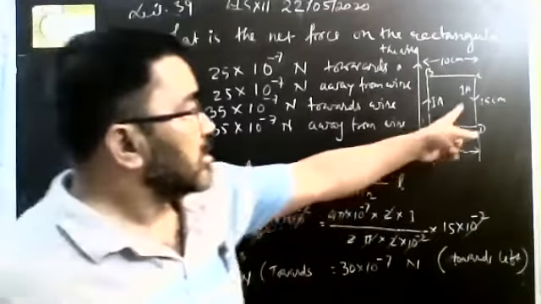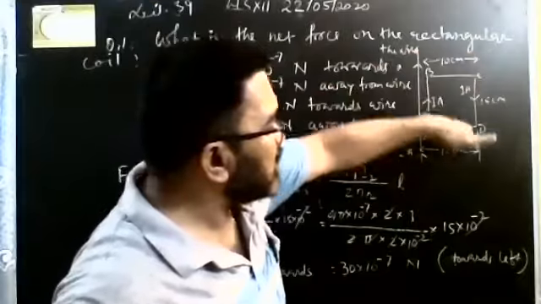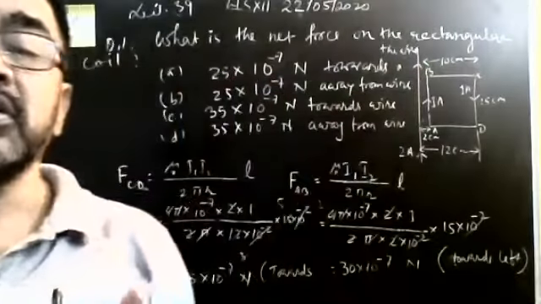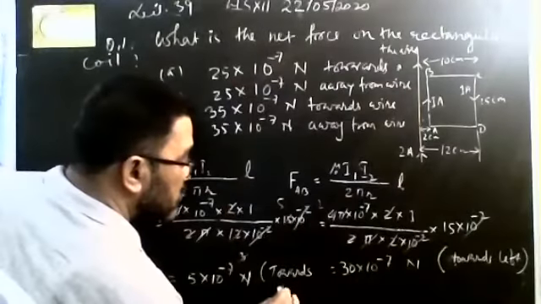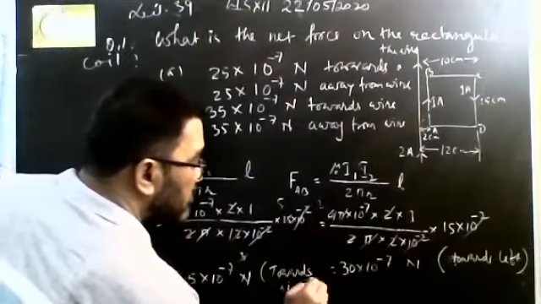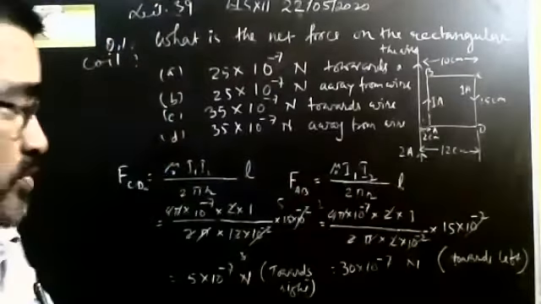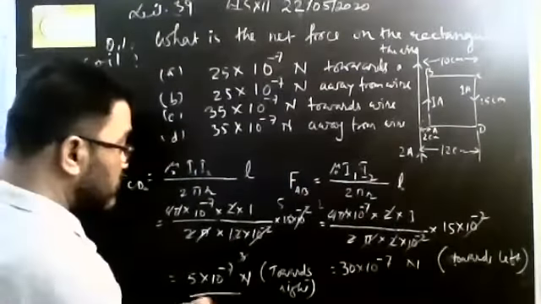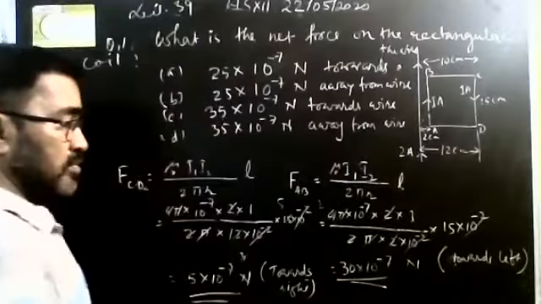because this is the current flowing from C to D. The current in the CD wire is going downward and the other is going upward, two opposite currents. So repulsive force towards right, that is away from the wire. So now we see, one force is on CD, and one force is on AB.